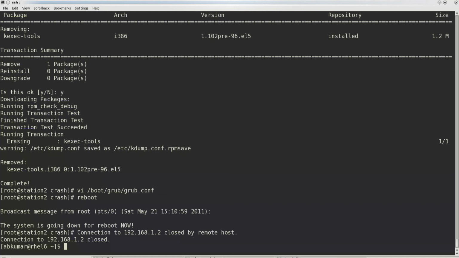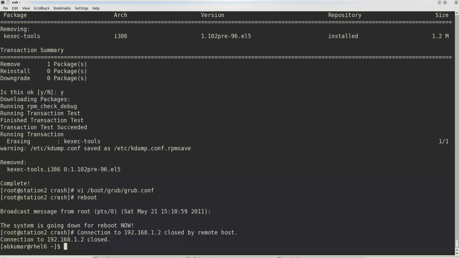So let's understand how it is practically implemented in Red Hat or CentOS. We have an example machine that is station 2. We shall be implementing KDump on it.